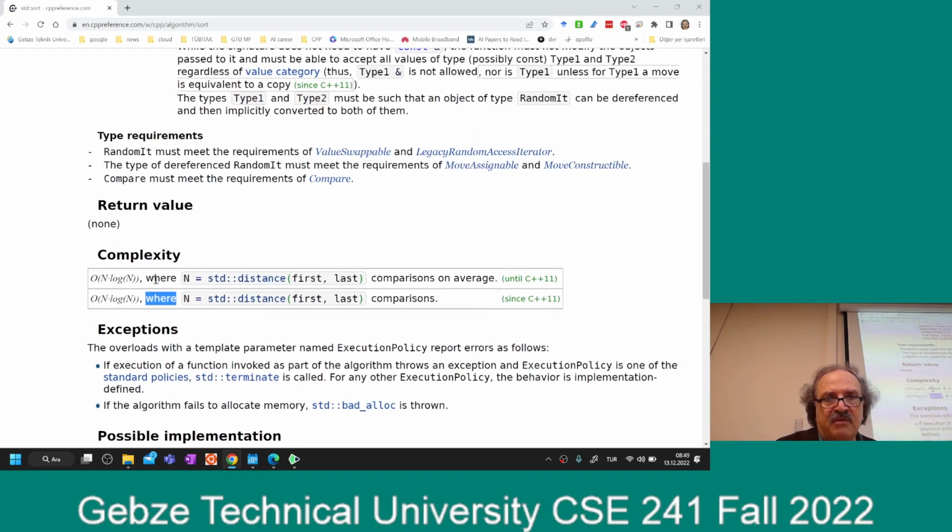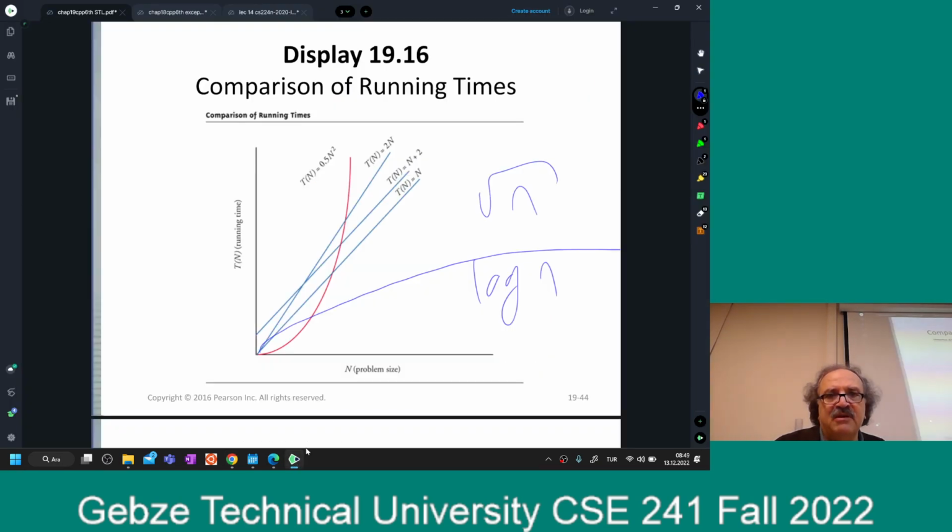So maybe there is a way to switch to the other way. I don't know. As I said, I don't want to talk much about this because this is the topic of the next semester, but I just made a small introduction to this kind of analysis. We do this kind of analysis for the memory requirements too. By the way, O(1) is